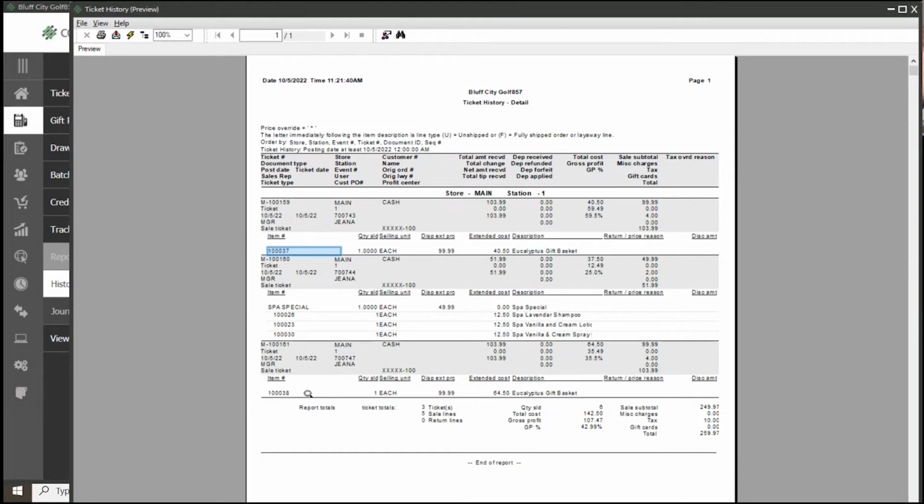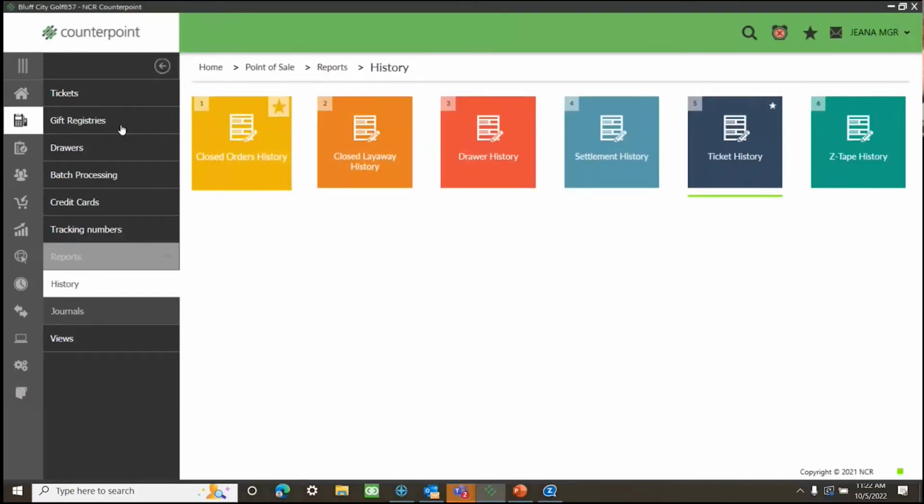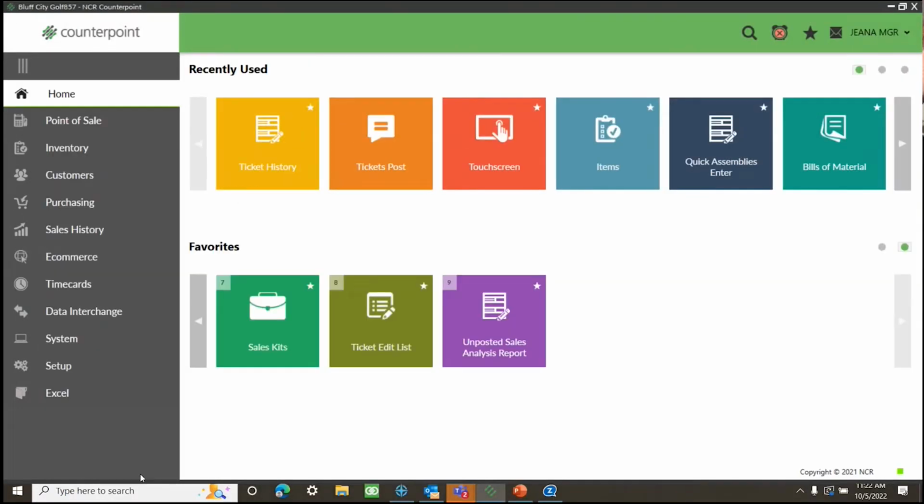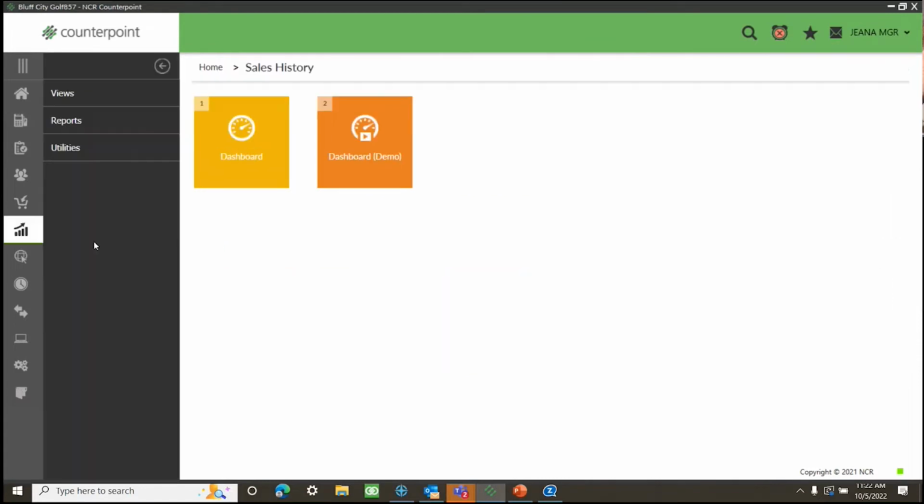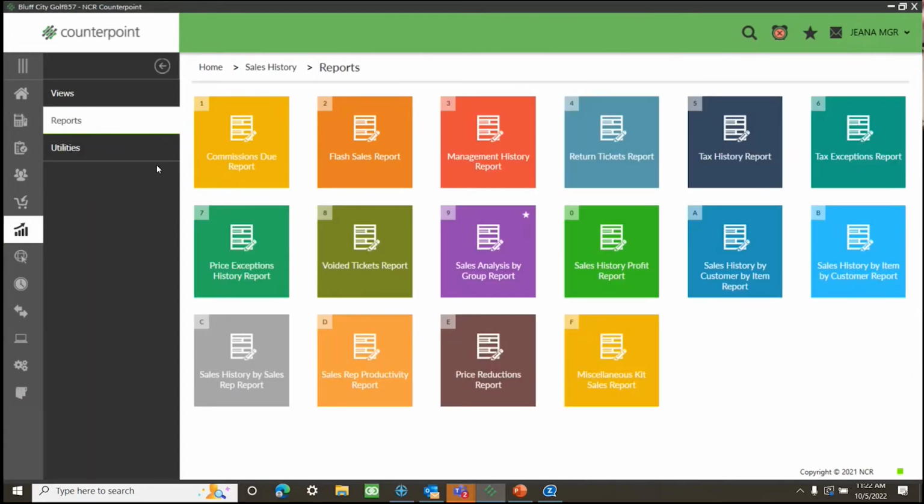This is from my earlier session. This is the one that we just did, that one right there. So you can see on this sales report, only the finished product is showing up, not the components. The same is true in sales history. If I'm running an item level report. So if I go to sales history, reports, and I go to sales analysis by group,